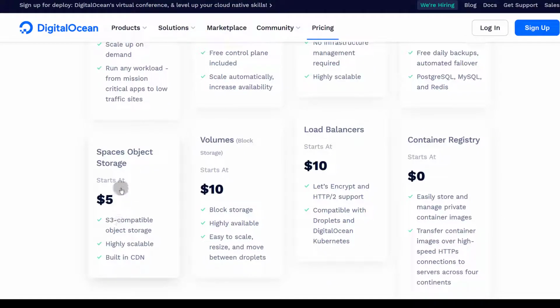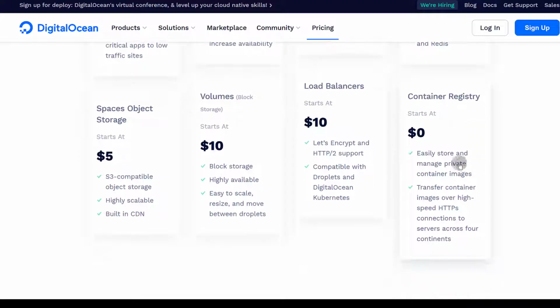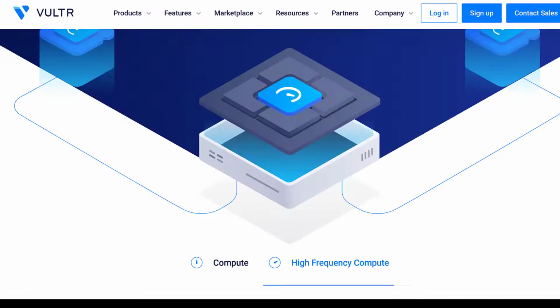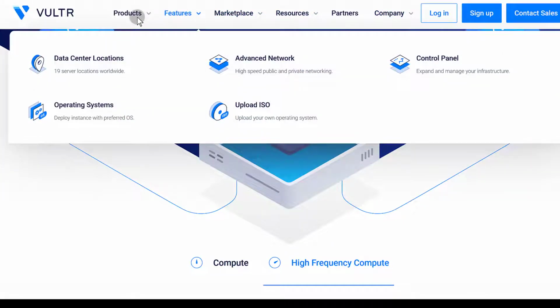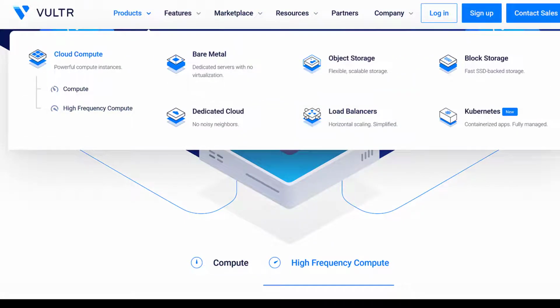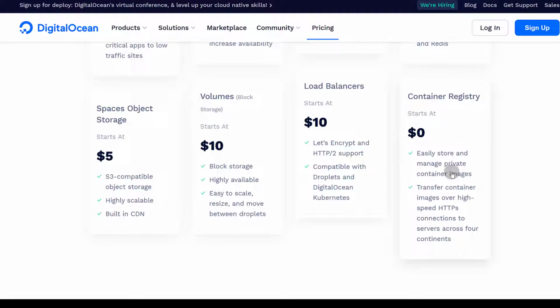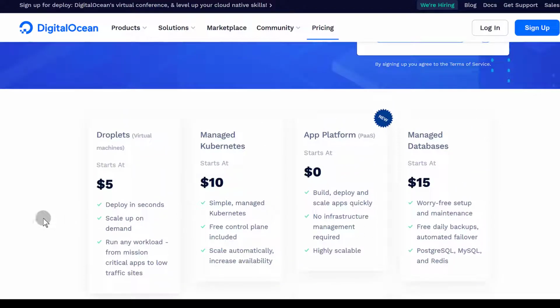Spaces, I've seen that one is available on Vultr. Volumes, that one is also available on Vultr. Load balancers, definitely available on Vultr. Container registry, yeah, you can have containers here. I don't think that one is available this side. Products, yeah, that's not there, but maybe that's something that's specific. And yeah, they may be working on something like that, but I know most people are just interested in VPS.